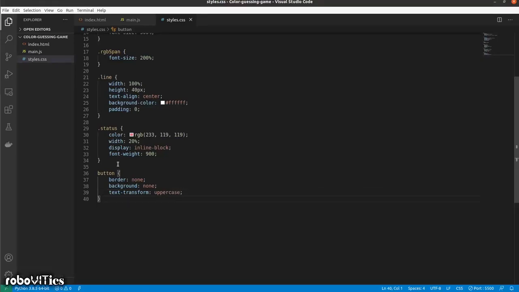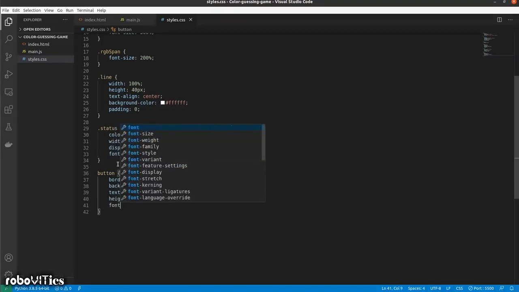Also I want it to be in the center, for which I'm going to give the height as 100%, which would basically mean that I wanted to use the entire height of the div it's in, so 100%. And I want to give it a font weight of 700 that we talked about.